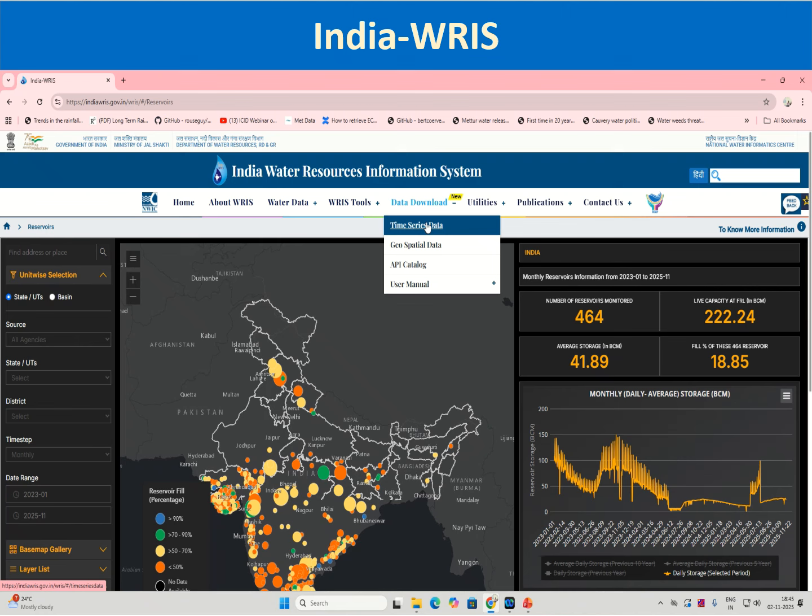From where you can download time series data as well as geospatial data. Under time series data, you will find data sets of time series data that is not geospatial. It doesn't have any spatial component. You will find telemetry data and manual gauge data. You can download various data sets like rainfall, soil moisture, water level, groundwater level, and river water